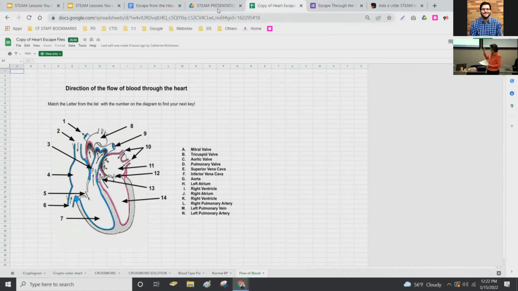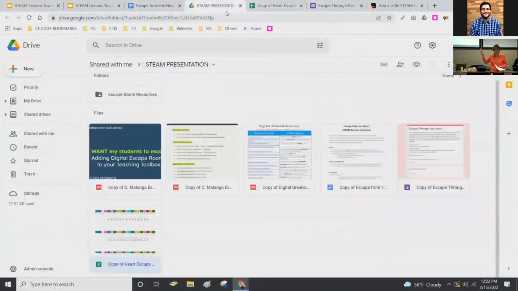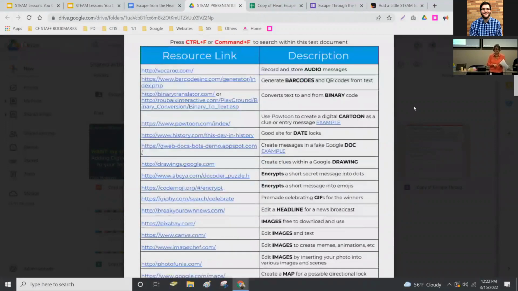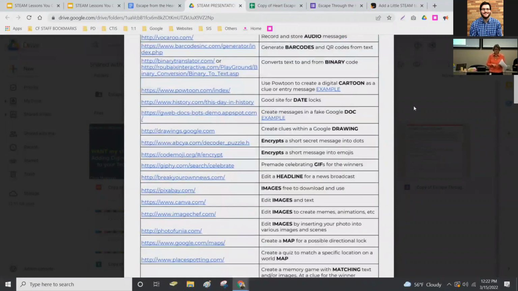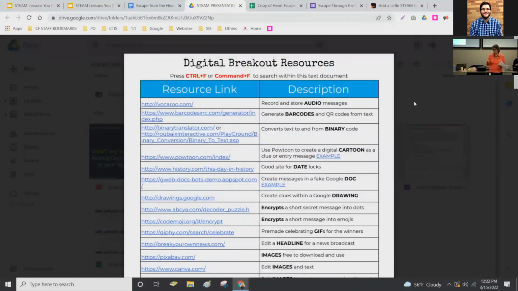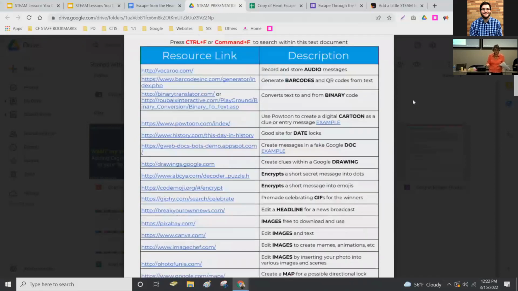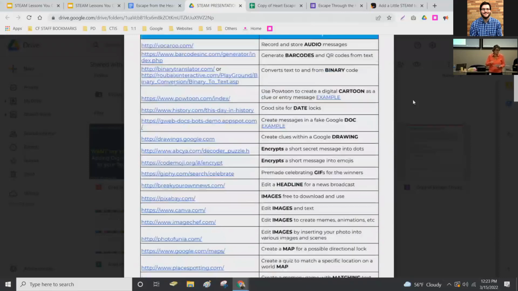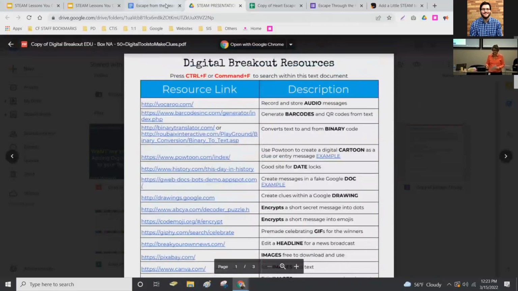So I know this is high school and it's very high level, but you can do the same thing on a much lower level. When I was teaching this originally years and years and years ago, I did one for directions for the littles about, okay, I want to go from school to the movie theater. How do I do that? Do I go north? Do I go south? How many blocks do I go? So you make a drawing in Google Slides or Google Drawings of a map, and they have to tell you north, south, east, or west. So they're learning their map skills with that kind of thing.